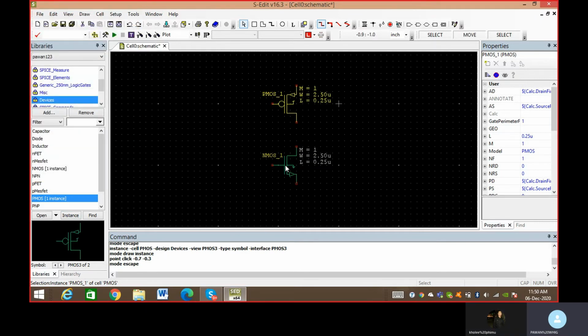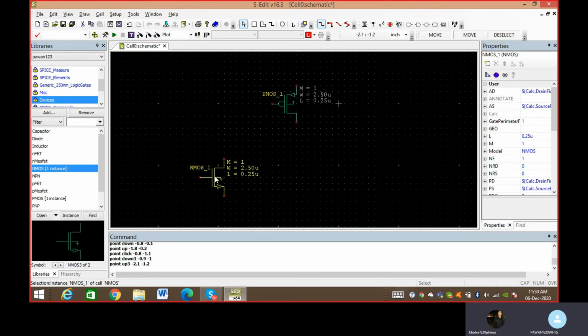One thing more. Sometimes you want to change the position of this, and this cannot be done with the mouse alone. What you have to do is first click the component you want to move, and then press Alt plus the mouse. You can see you can shift it anywhere, right? Otherwise, if you try to do it with the mouse, you can't do it.